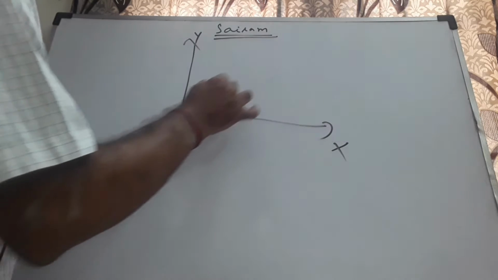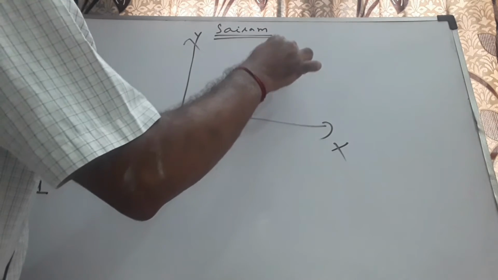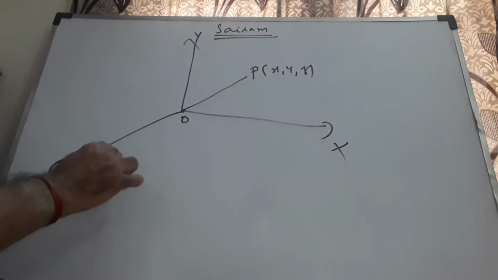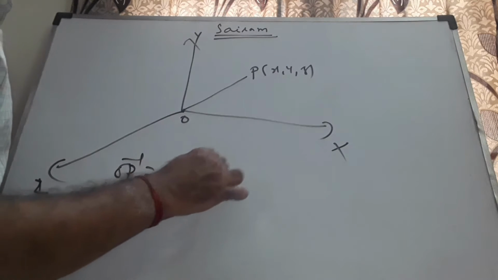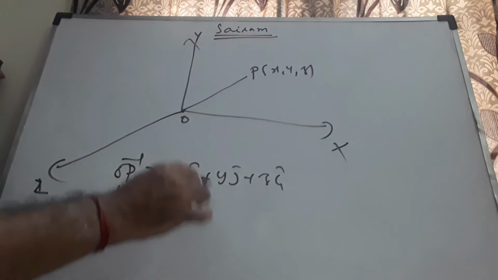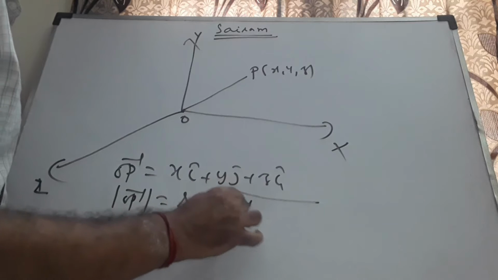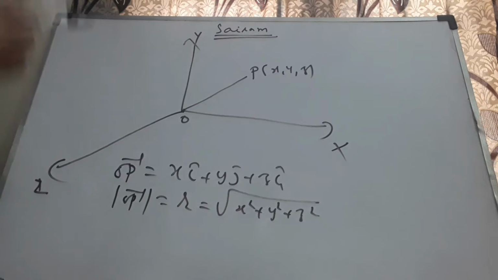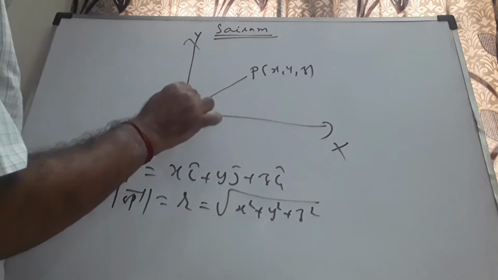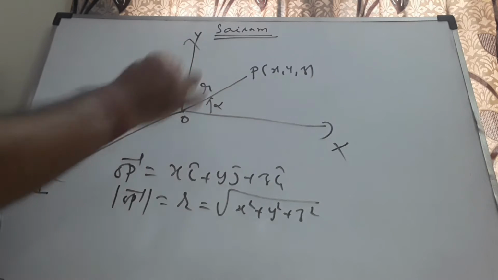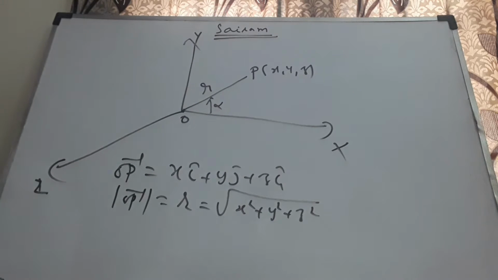Just imagine that you are given a point P(x, y, z) in space. We have already seen OP vector is x i cap plus y j cap plus z k cap, and modulus OP vector I call it as r, which is root of x square plus y square plus z square. We have seen this in the earlier videos. If anybody wants to look through, you can just go back and come back here, so that you will be able to follow what I am telling you now exactly. This length is anyway r. Distance between the origin O(0, 0, 0) and P(x, y, z) is nothing but r.